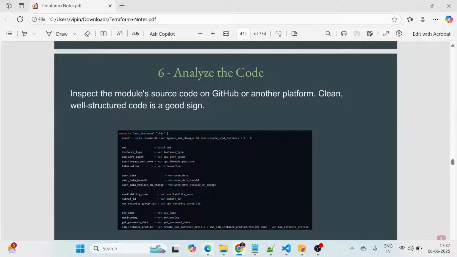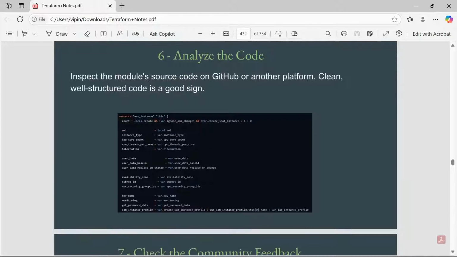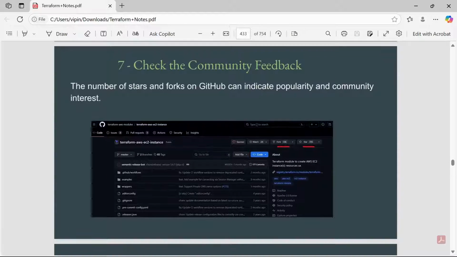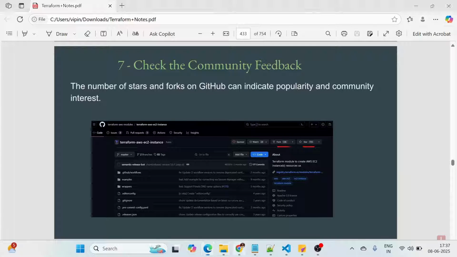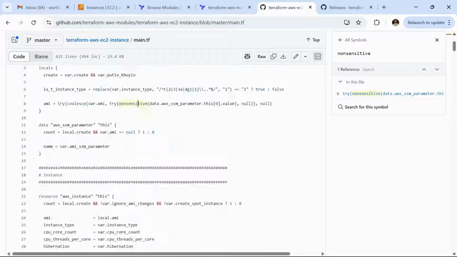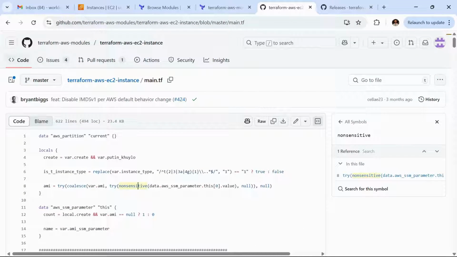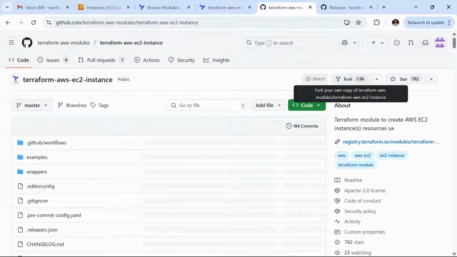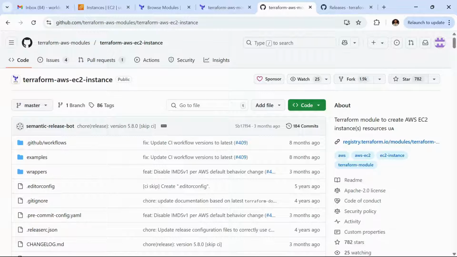Okay, so let's go back to the document and check another point. Check the community feedback. The number of stars and forks on GitHub can indicate popularity and community interest. If we go back to the code, we can see the forks and the stars.